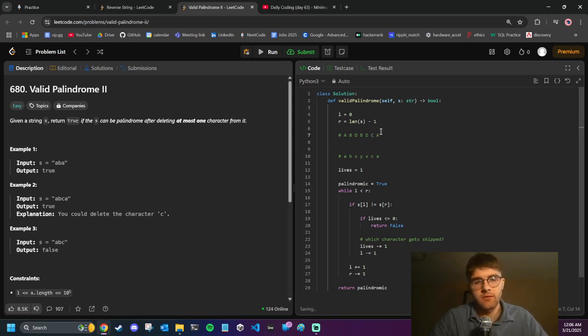So in this case, this will never be palindromic, even if you delete a character. But what if there's a B here? Then in this case, it could be. What if it was B and we delete this one? So A's match, this doesn't match. So we would, okay, so this one's not possible because